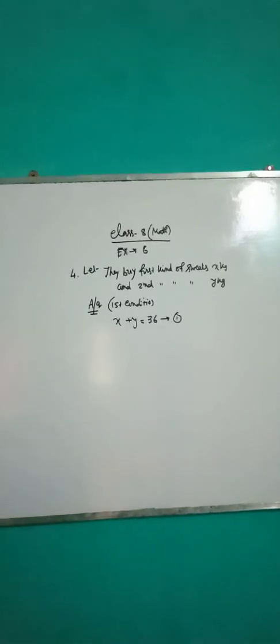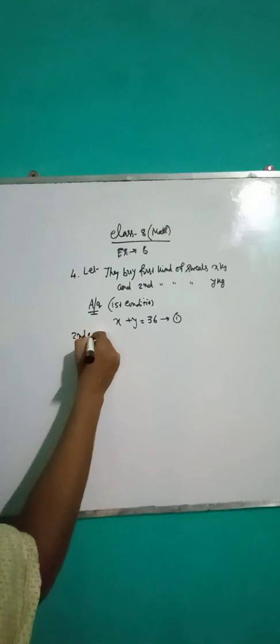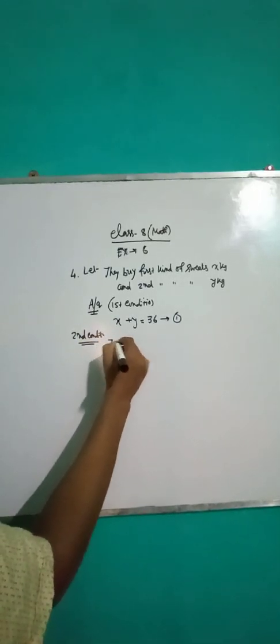Okay. Next, what is the other part? See that. Another is the 70 per kg. Suppose 70 per kg if I bought. Second condition. If 70 per kg I bought x kg plus 84 per kg I bought y kg, the total price will be what is required? 2800. The amount required will be 2800. This is the second equation.